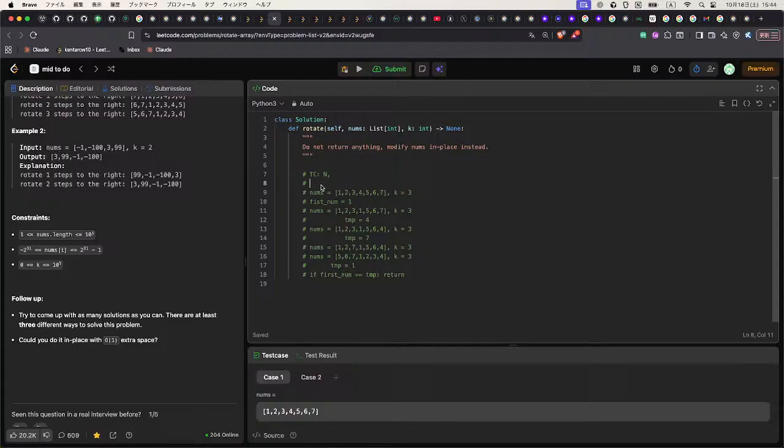Okay, and the space complexity is constant. Yeah,